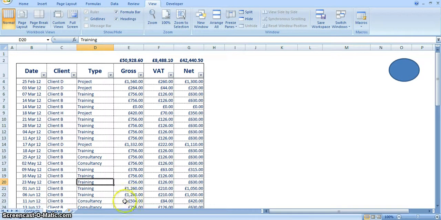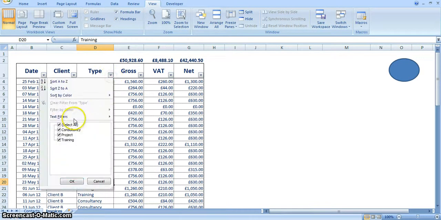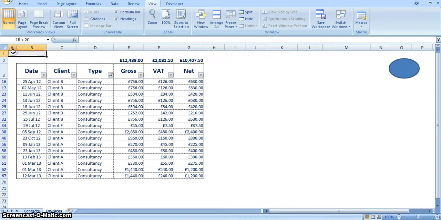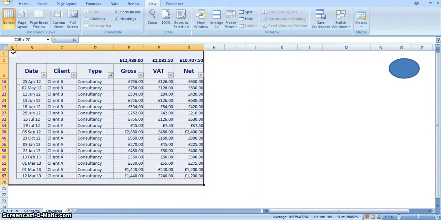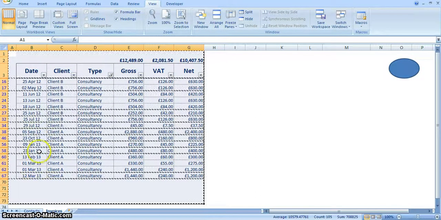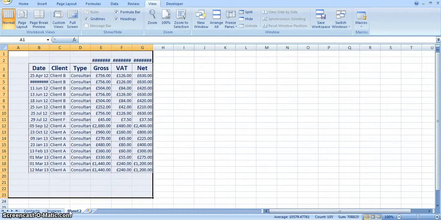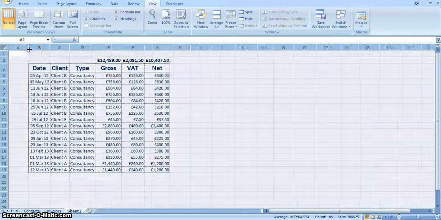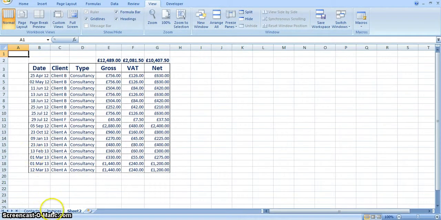You can tell it's recording because down here on the bottom left there's a blue square, and that is the square that means stop. So once we have completed all of the actions, we then stop the macro from recording. What we will do is literally just filter this column on consultancy, highlight all of the area, copy, create a new sheet and paste, make the columns a little bit wider,